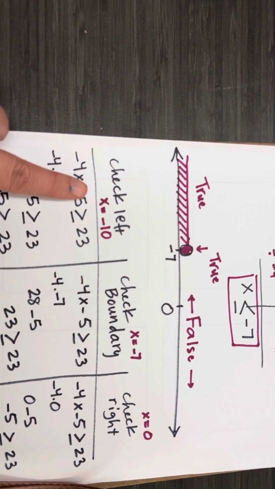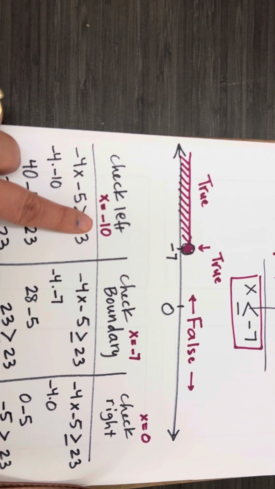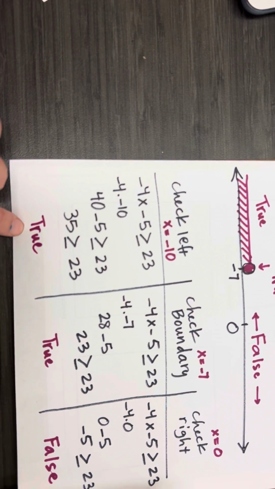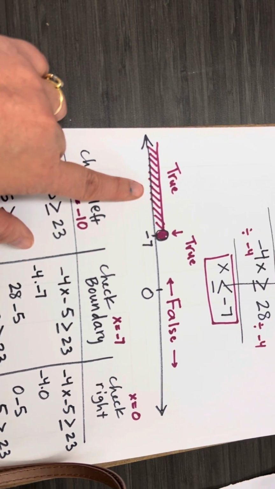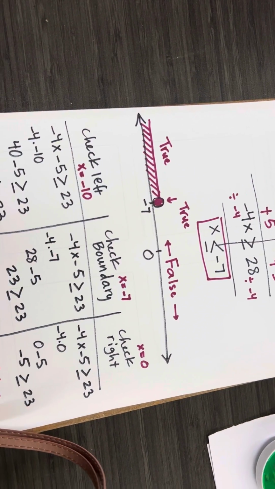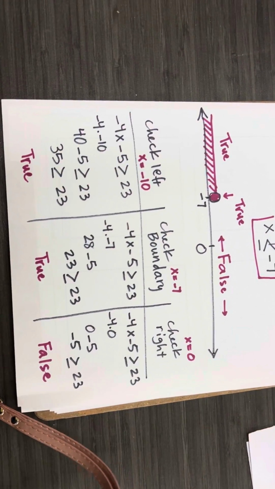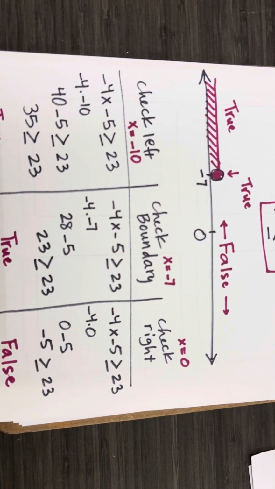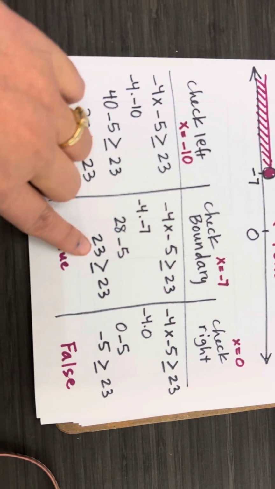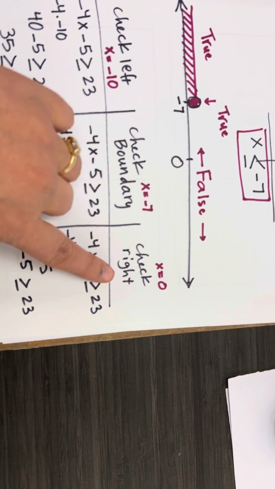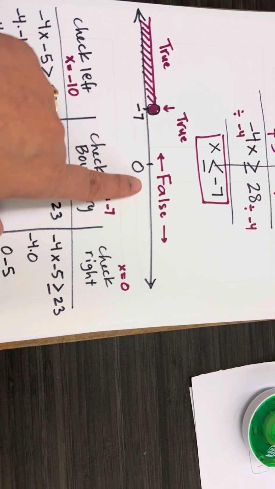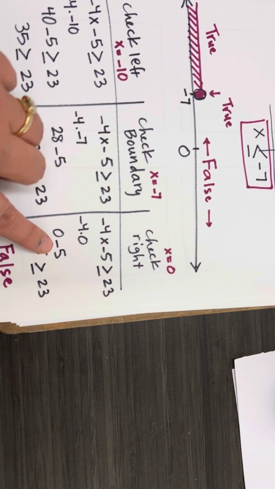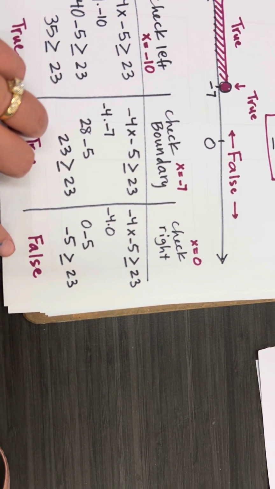So I'm going to go ahead and check. For the left side, I chose negative 10. If you take a look at my work, you see that it comes out true, and that matches my number line. For the boundary, I don't really have a choice. I have to pick the boundary number, which is negative 7. So when I check it, it also comes out true. And then for the right, I can pick any number that's on the right side of negative 7. I chose 0. And when I check it, you can check my work here, it comes out false,